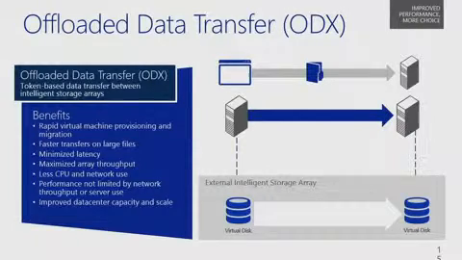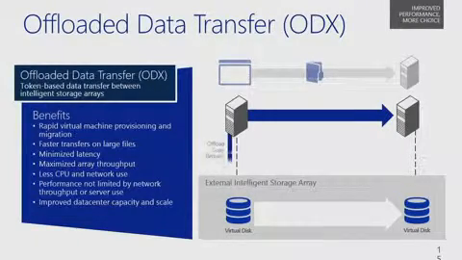Instead of me, the host, doing all of that and using my valuable resources like processor and memory and network, I'm effectively going to be doing stuff with blocks on the SAN. Maybe it's a clone. A migration would obviously be just moving stuff around the SAN. Can you, Mr. SAN, do that for me? If that's the case, then that's great, because that's going to improve performance all around. Things are going to happen quick on the SAN, and I'm not going to be burdened with that kind of stuff on my host. So to explain that a bit more, ODX effectively says, okay, what we want to do is,